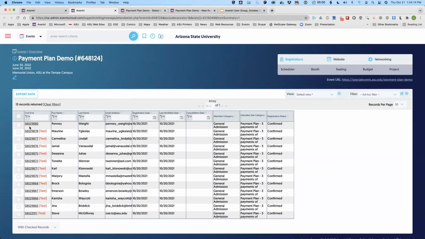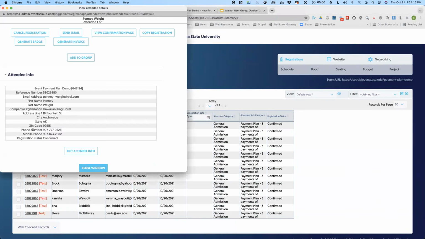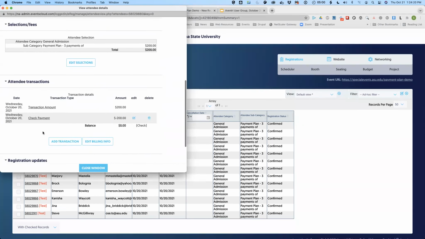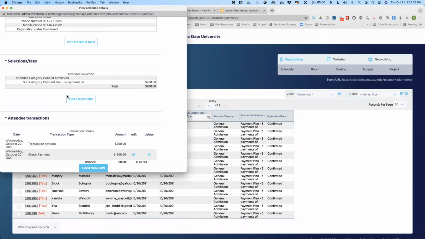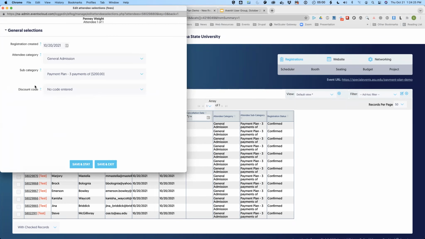Okay. I can do this onesie twosie. I could select them all and go. I do have to do a onesie twosie regardless, but I could do them in a series if I wanted to. So I go into edit selections, change the subcategory from 3 payments of to second payment.